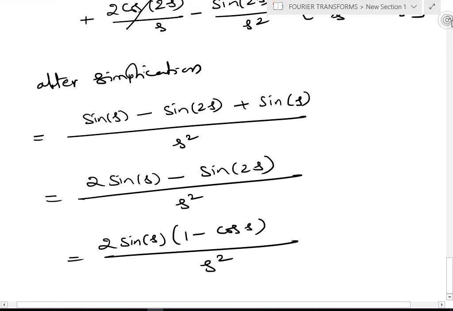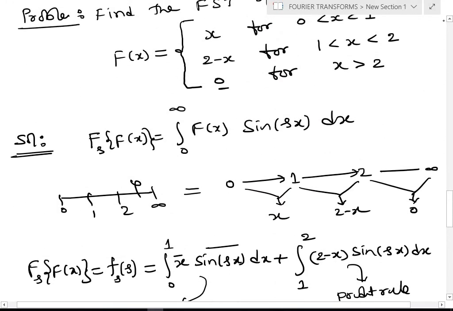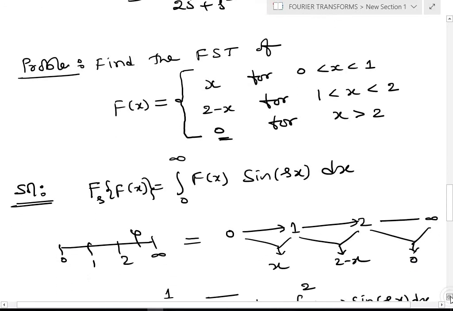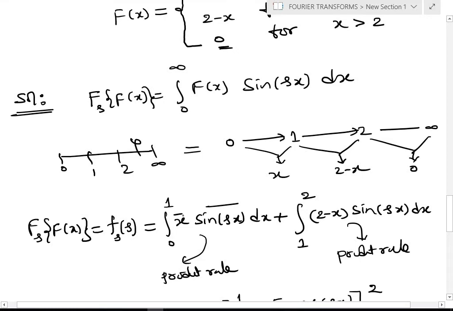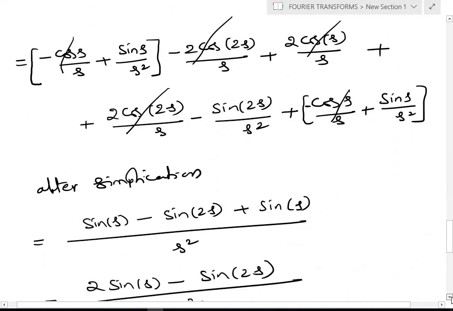So first of all, you go through the given problem. They ask here, you need to determine the Fourier sine transformation of the function. In the integration we have the limits from 0 to infinity, but the function is non-zero only from 0 to 2. Once it crosses 2, it is 0. That means you need not perform integration up to infinity, so 0 to 2 is enough. From 0 to 1 the function is x, then after that it is 2 minus x. The rest of the part is simply integration by parts work, which is very familiar to you.